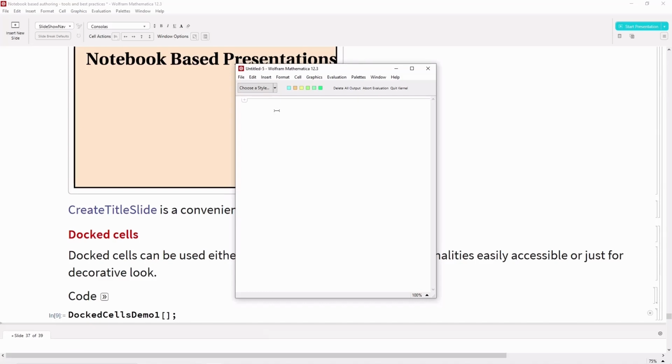For example, I add a title type of cell here. I can add a certain subtitle. I can set a background with the help of these small buttons from my doc cell. And certain other functionalities can be added depending upon your need.